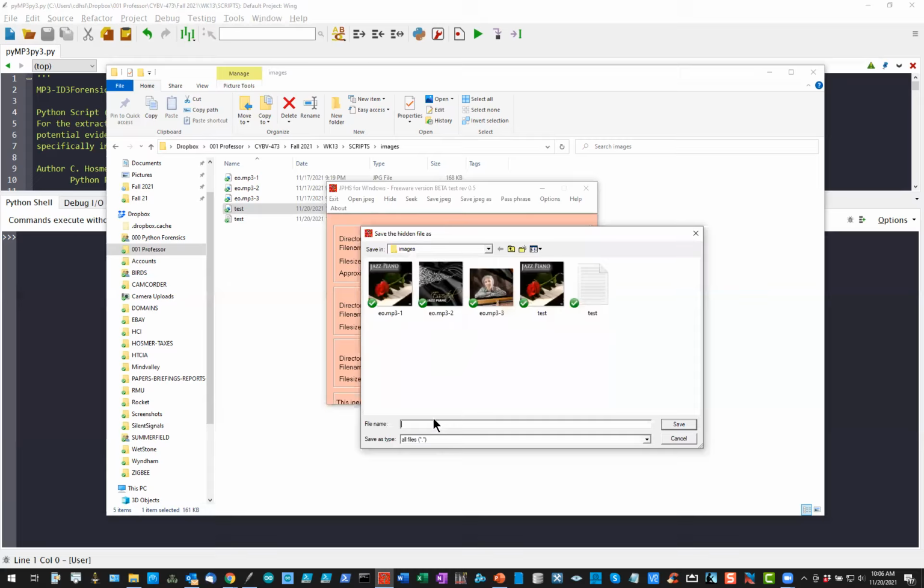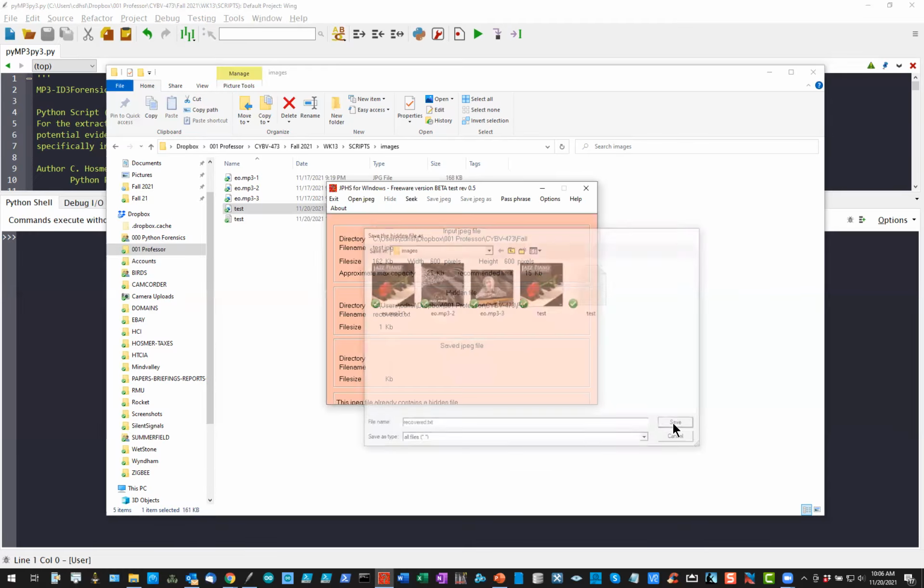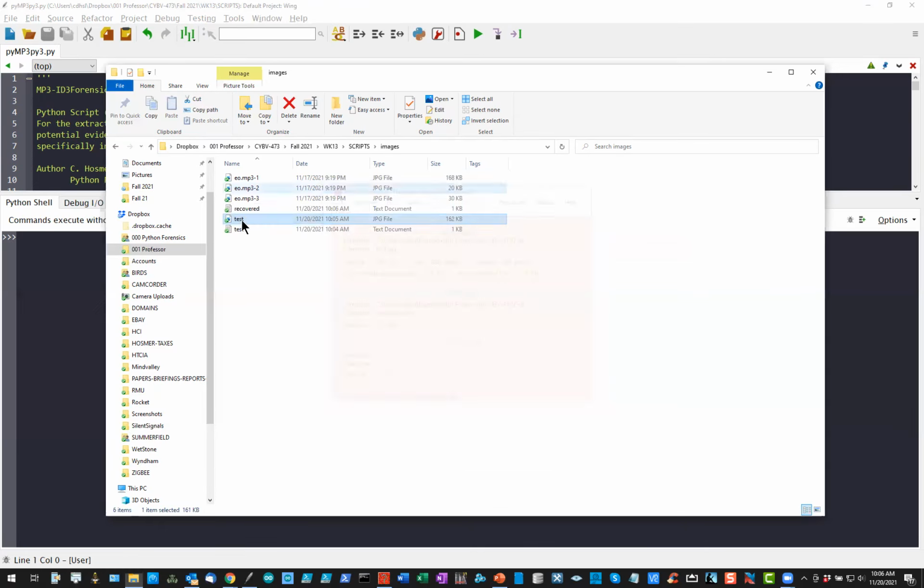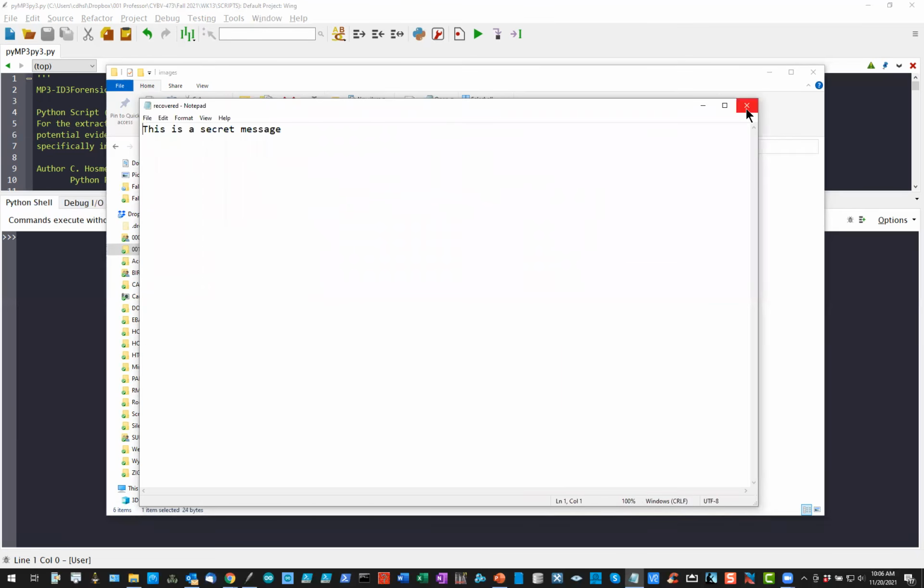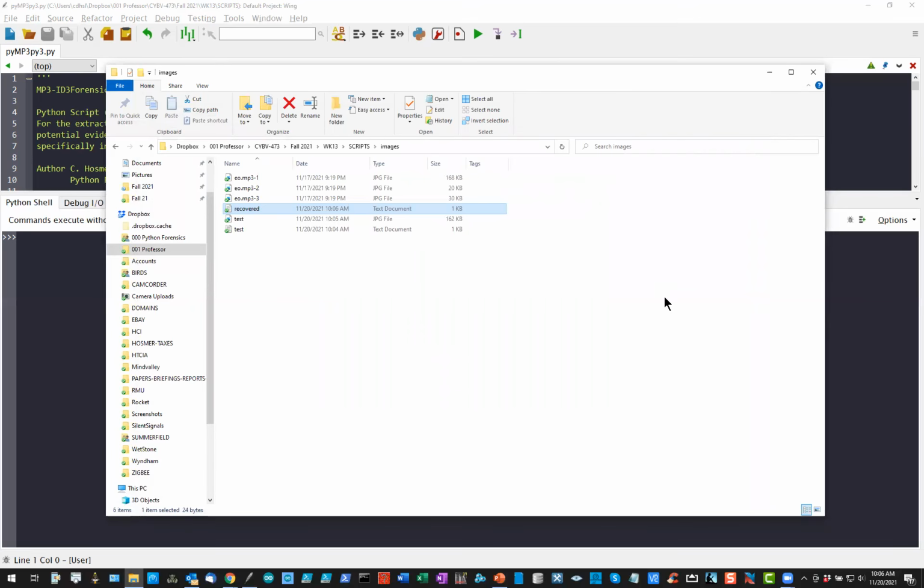And it's going to come back and say, oh, okay, what do you want to call the recovered file? And I'll call it recovered.txt and say save. And now it will have created recovered.txt, which is that original message. So that went through the whole process of hiding, using a passphrase, saving that out as another JPEG, and then doing the recovered process. So that's what you'll be doing, but obviously with the files that were extracted or carved